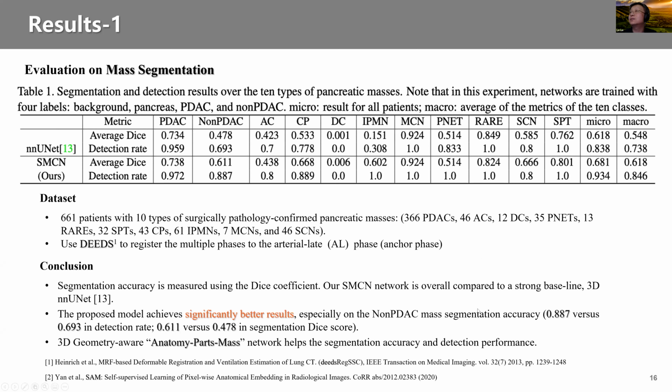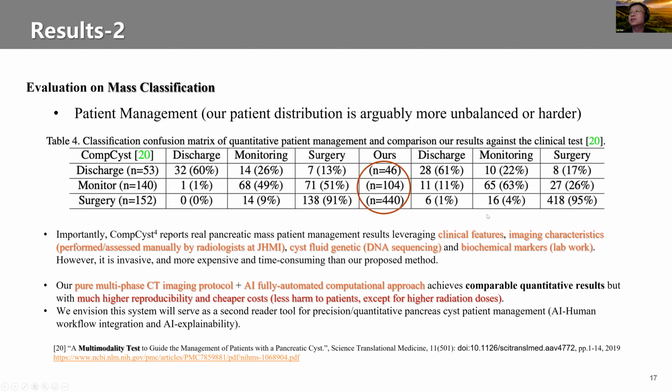So we can detect all these non-PDAC tumors, and we can do a differential diagnosis about whether this is PDAC or non-PDAC, or the 3 categories. So for the 3 categories, what matters most for this tumor is whether you can discharge the patient,